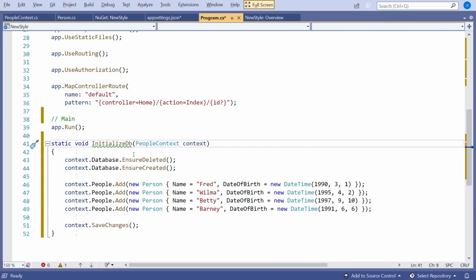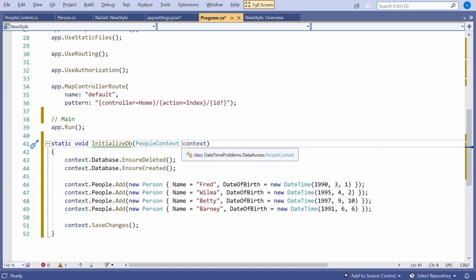So local function is an idea that's been around a while. You can put one function inside another and it will be accessible from anywhere in the outer function. And you can do the same thing here. Implicitly, we're already in main and this is a local function inside there. And in fact, I'll make this a static one. That simply means that if we've got any parameters, we've got to pass them in. We can't just pick them up from the scope of the outer function. So I've got an initialized DB here, and that will do all of the work for me.